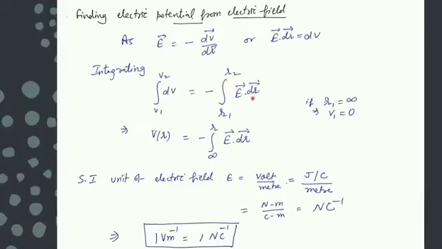So you can take this as an integral. This is for potential difference, and this is for potential at a point. So whatever is the question, accordingly you can write the potential in terms of the electric field simply by using the integration. Otherwise, this is the relation in the form of derivative we have derived.